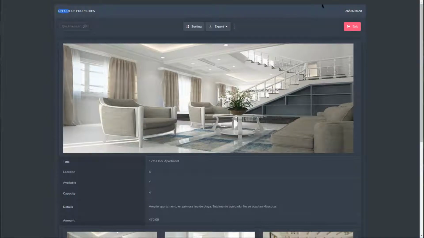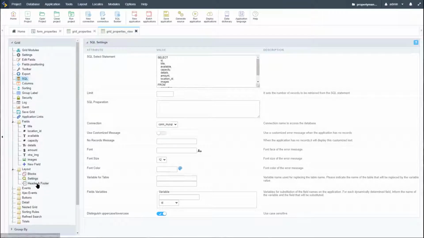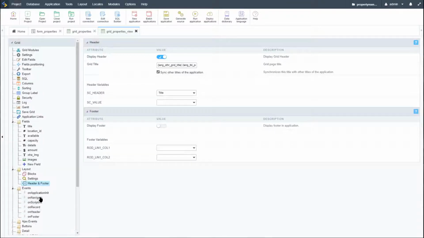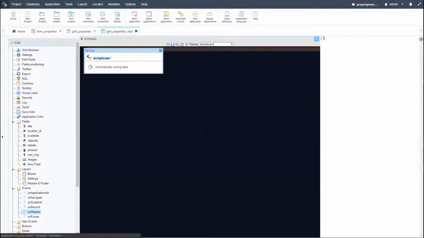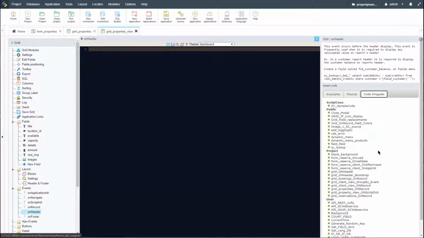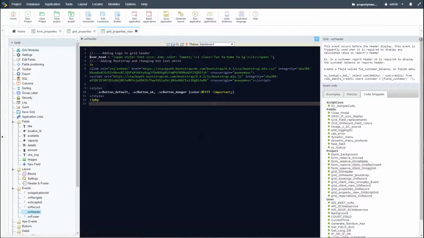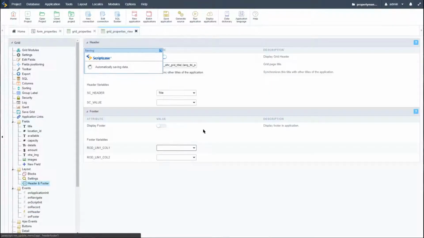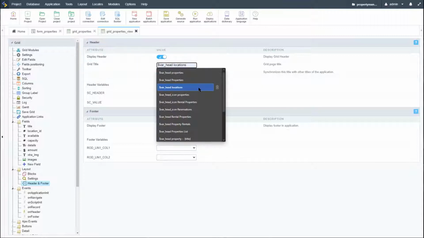Okay, so now we want to further change in here. We have the title, so let's come here to the layout, and here in the header footer I will change here, remove the date. And if you remember, we applied some bootstrap previously, so let's do that again. So I come here on header, I'll come here to my code snippets, and I'll apply my variable again. So here I have my var head, so I'll copy that, ready for my header again. I'll apply bootstrap and the buttons. So I'll come now to my header and footer. I can now apply the variable in here, and then also